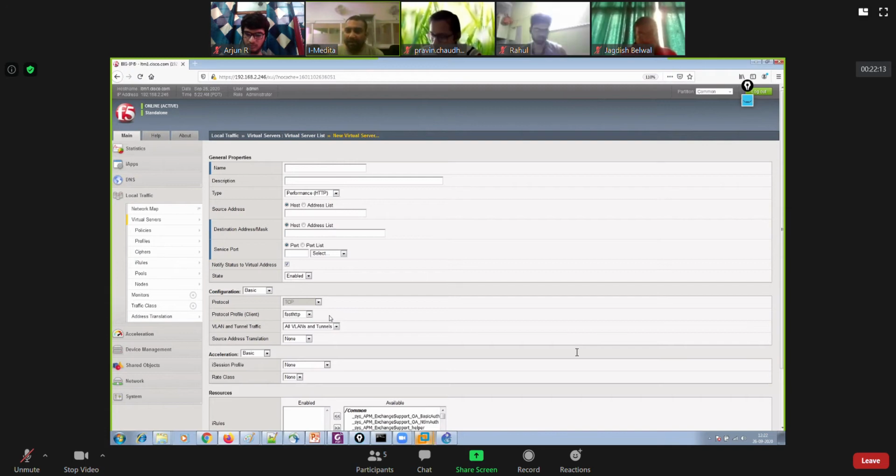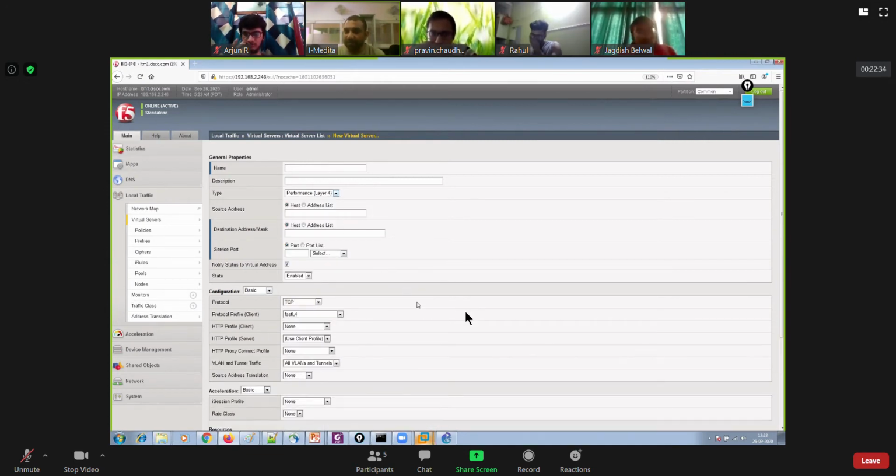So if you remember, we discussed these TCP profiles. Remember protocol profile. Under protocol profiles, it was TCP, UDP, fast HTTP, and fast L4 as well. When you select this type of virtual server, it will start using this type of protocol profile automatically. If you select performance layer 4, you would see that it will start using the fast L4 type of protocol profile. Does that make sense to all of you? While changing the virtual server type, it is changing the profile type automatically for the client, right?